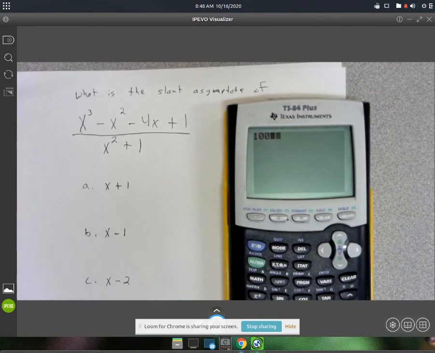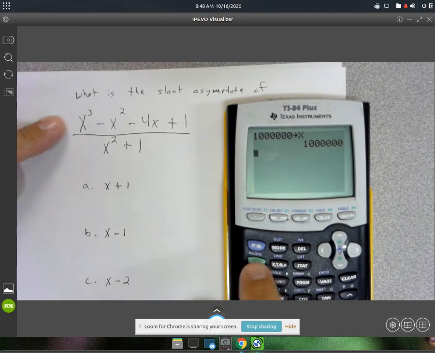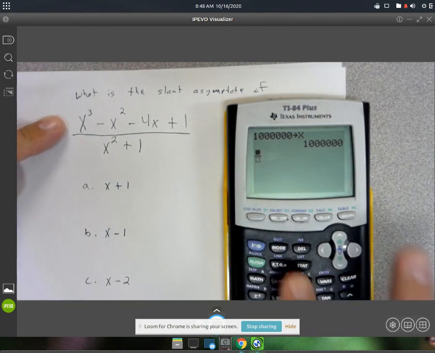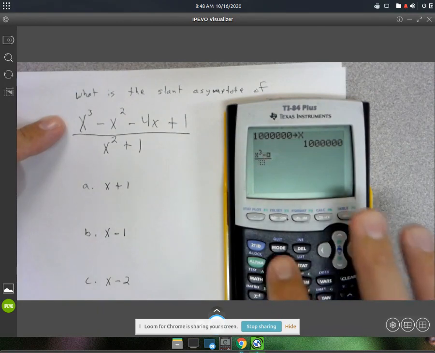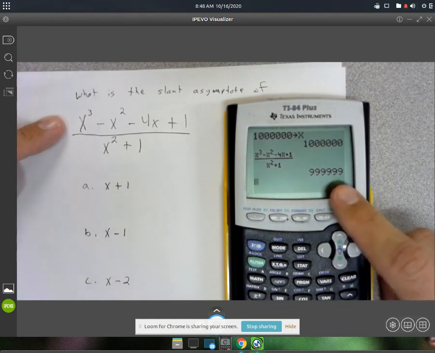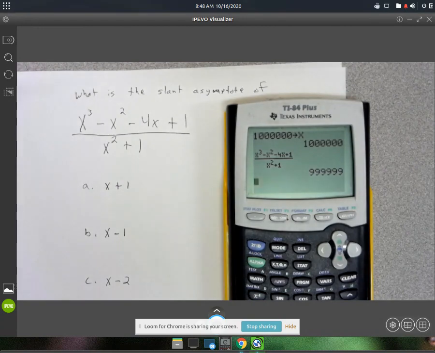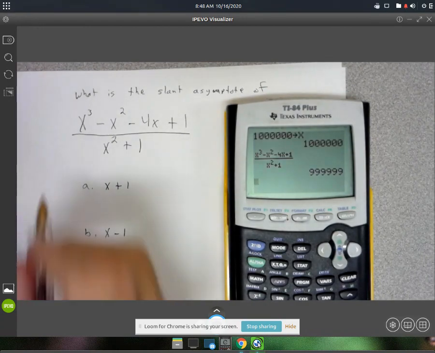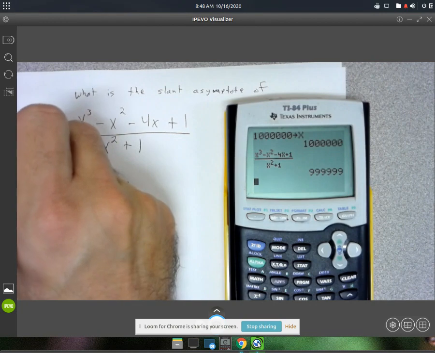So, really big numbers, we'll go with, what's that, 1 million, all right? We'll store that to x, and we're just going to type this expression in and see what it gives us. Okay, fraction, x to the third, there's our numerator, and then x squared plus 1. All right. Cool. So we got 999,999. We'll use red here. So the original here gave us